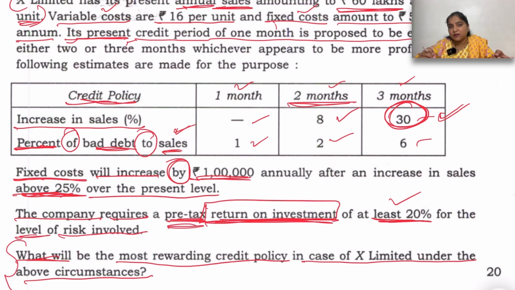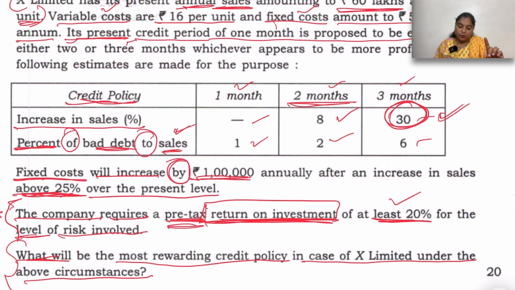How to start thinking about what we need to compute? First of all, if you read the question, you can connect the dots: you have sales, you have a variable cost, you have a fixed cost, so you can compute the contribution and profit easily. And you have a bad debt, and you need to compute the ROI. So the twist we can see here is in ROI,